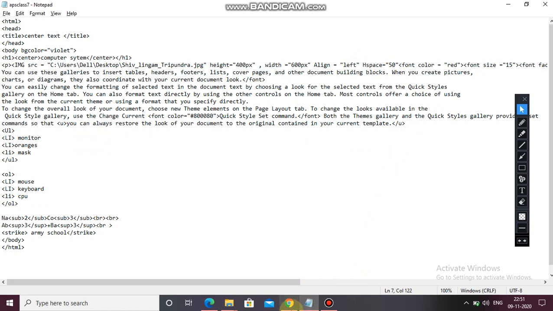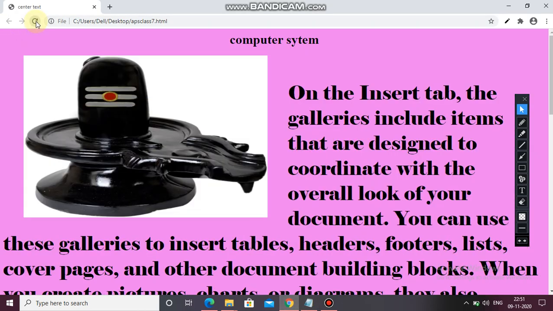Control S. See, earlier what was there? They were very close to the image, and now from the right also and the left also there is a space of 50 from the image. I hope it is clearly visible to all.